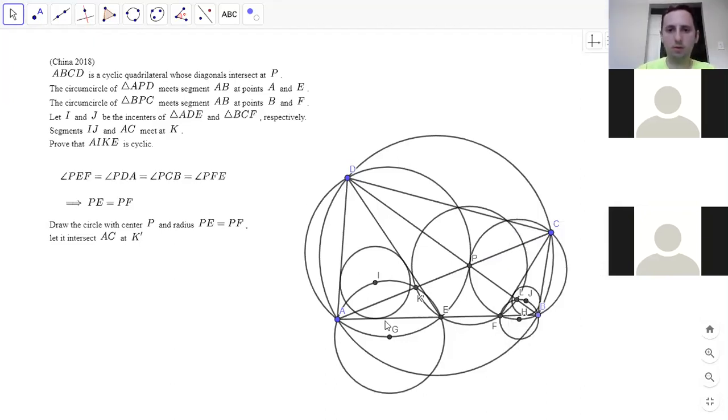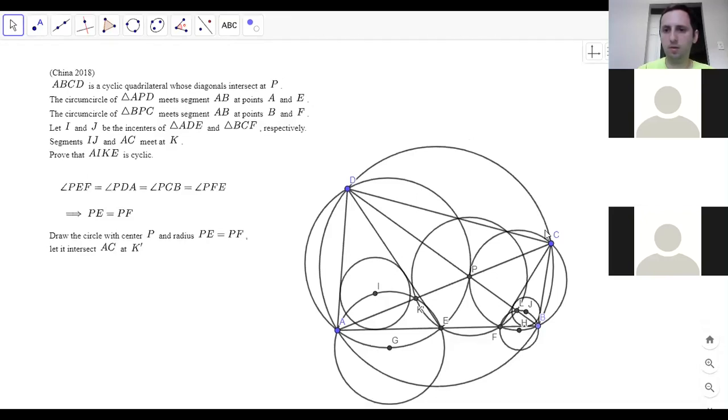So first, let G be the midpoint. Okay, so angle EK prime L is equal to EPL over 2, which is equal to DAE over 2, which is equal to